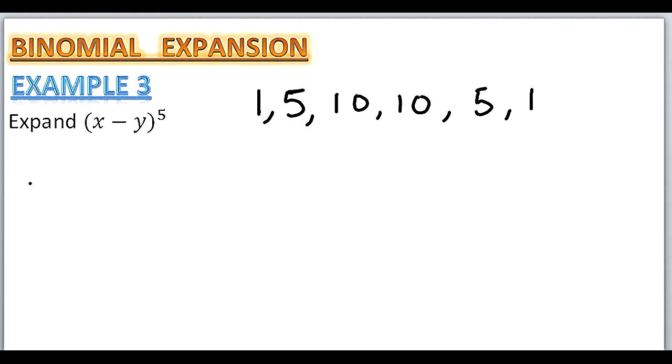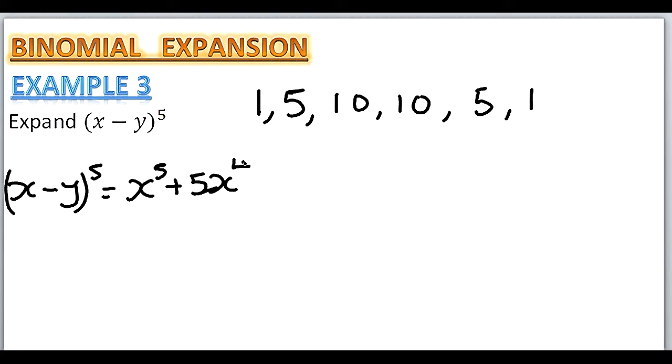So when we expand, then we have x minus y into bracket raised to power 5 is equals to, so we start with x raised to power 5 plus 5, the next coefficient 5, x raised to power 4, and we have minus y, put the bracket, then we have plus 10, x raised to power 3 minus y squared, then we have plus 10,